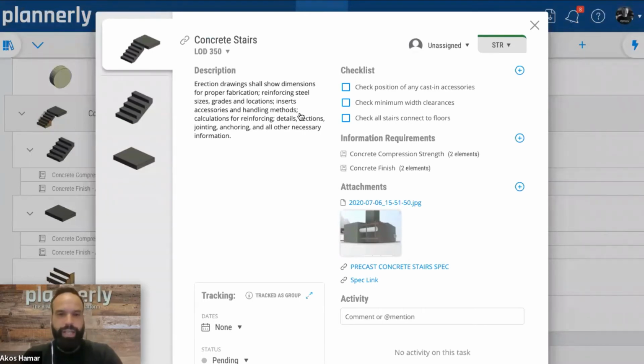Talking about the grid and talking about the representation of information. So we saw the LOD numbers. Of course, that's something that you can specify which standard you want to follow, if you want to go with any kind of LOD scales, or if you want to follow the level of information need concept, which says that we should talk in plain language. We can remove those LOD numbers and rather say what the geometrical requirements are and what is the reliability of a certain element. Of course, that's absolutely doable.